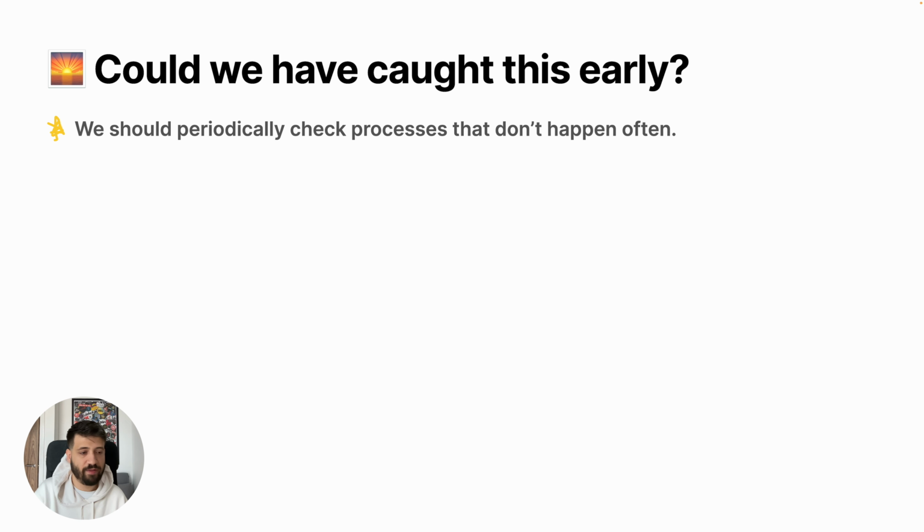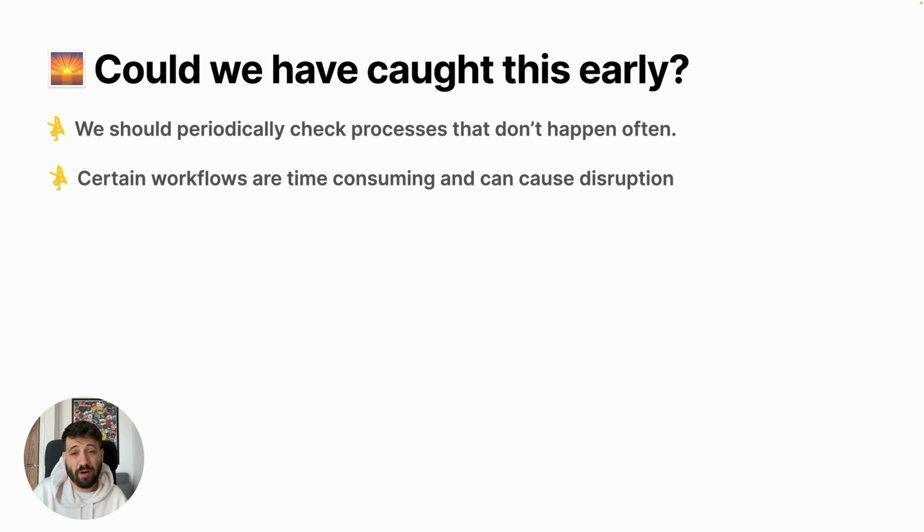So for example, a release is one of them. It doesn't happen very often. Maybe it happens every 2 weeks, depending on your release cycle. It might happen more often or more sparingly. But you should check those processes. They're very, very important. Certain workflows are also time consuming, so you can't run them on every push to main